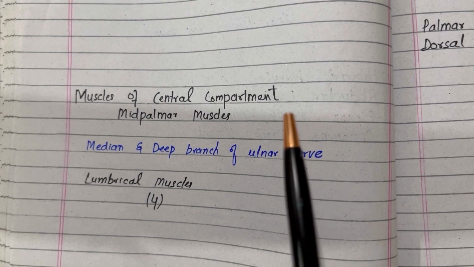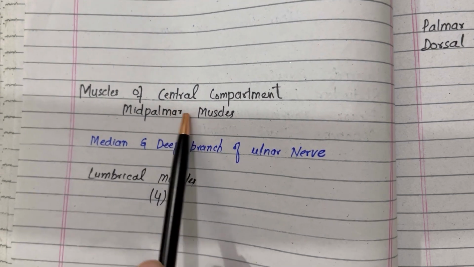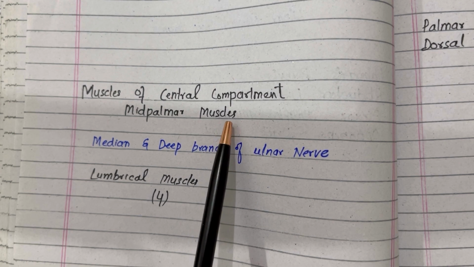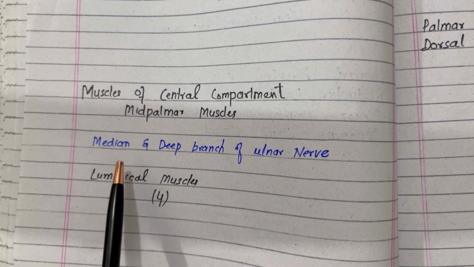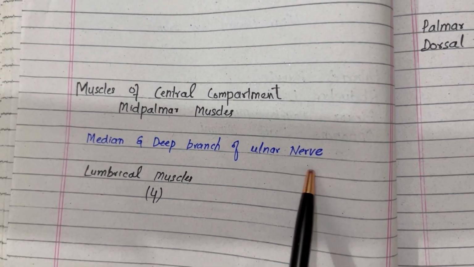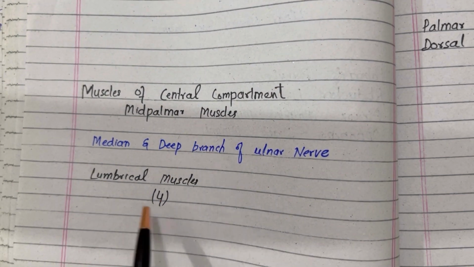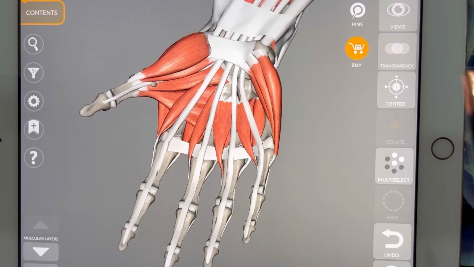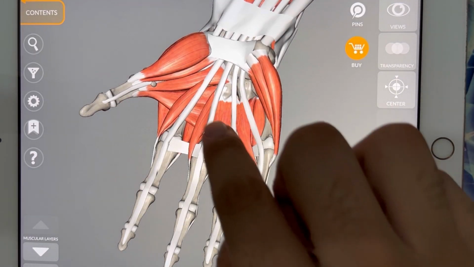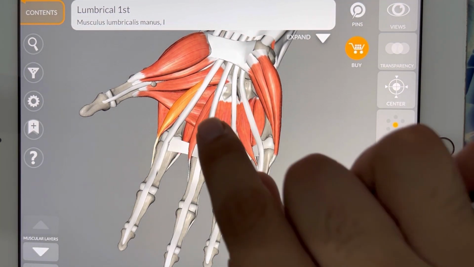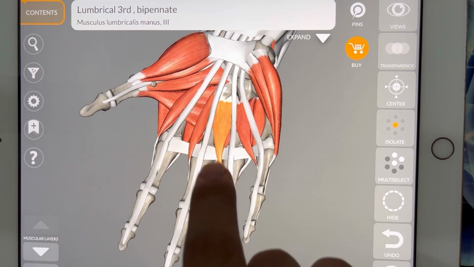Now student, the third compartment, which is the central compartment, or the mid-palmar compartment. Student, the muscles in this compartment are innervated by the median and the deep branch of the ulnar nerve, and the muscles in this compartment are the lumbrical muscles, which are 4 in number. Now student, as you can see in the diagram, this is the first lumbrical muscle, and this is the second